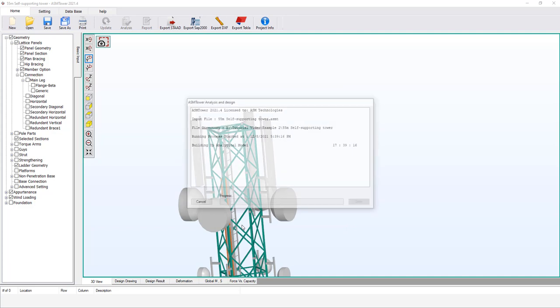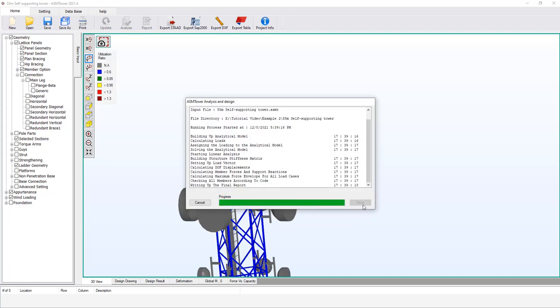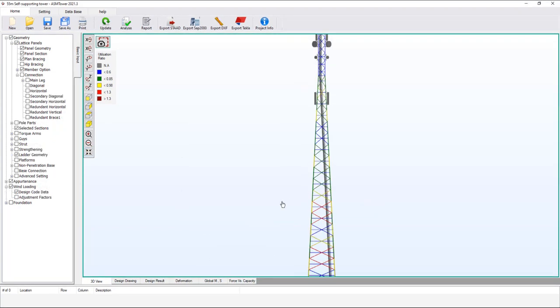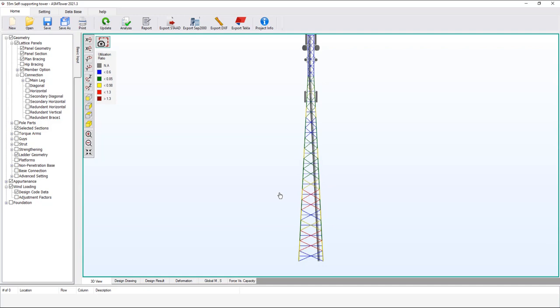Click OK to begin the analysis. The analysis is complete. Click Done. The entire tower is drawn. Some bracing members are red, which means they are not safe. However, since we have not identified any connection to bracing, this design result is calculated conservatively. In